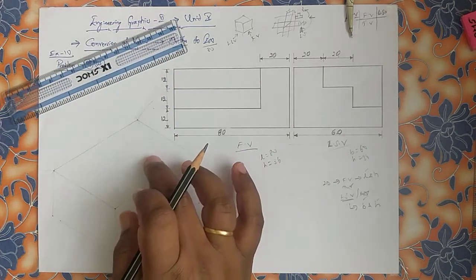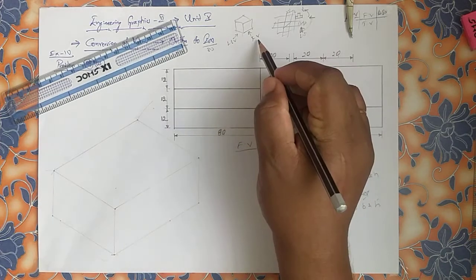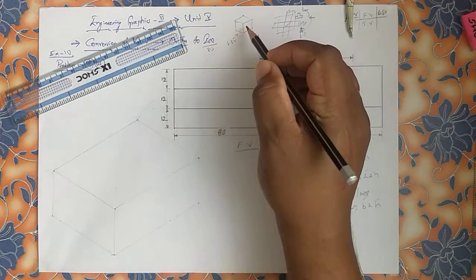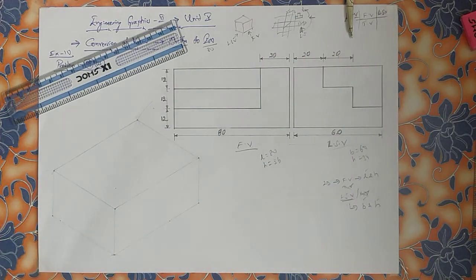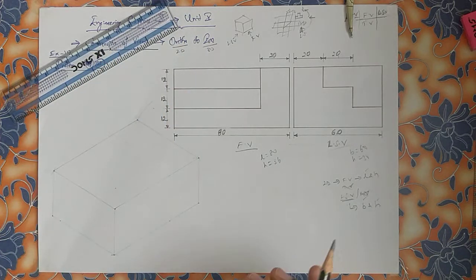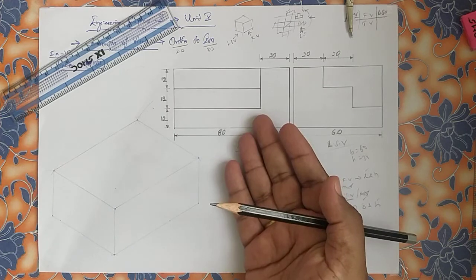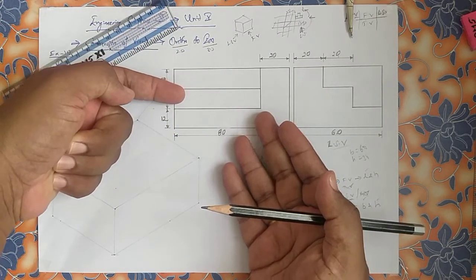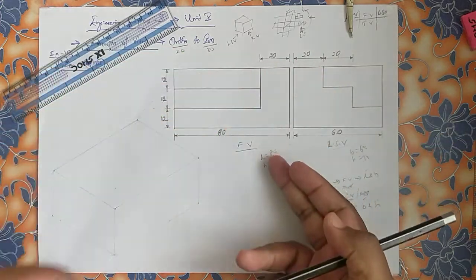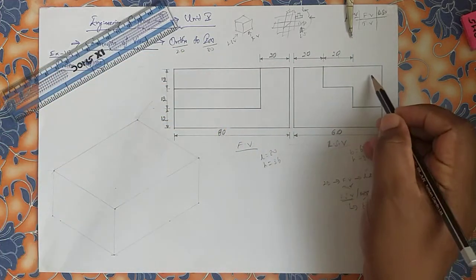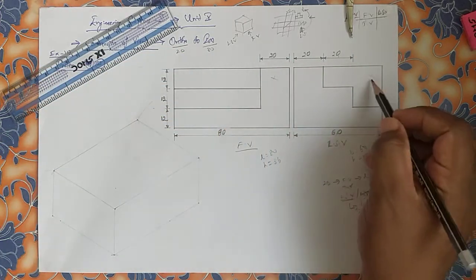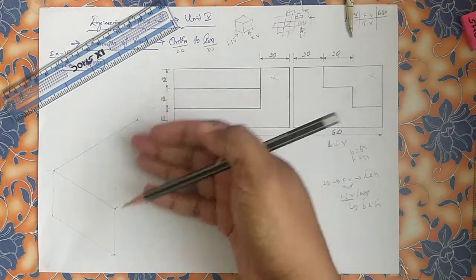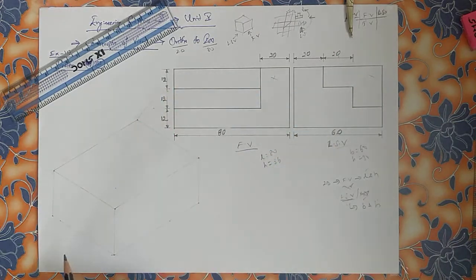ISO right, ISO top, ISO left. Right, front view I have to draw here. This is left side view. So preferably which view we have to start first? See, I would like to start any, because as I am observing from the front view, if it is left view, I can observe this as the steps 1, 2. But at the last I have one more clean wall, because this particular place and this particular place shows that they are at the back and rear side. So preferably I would like to start with left side view.